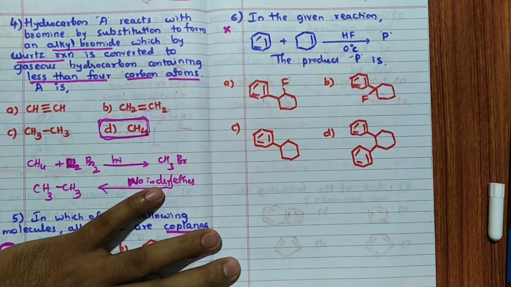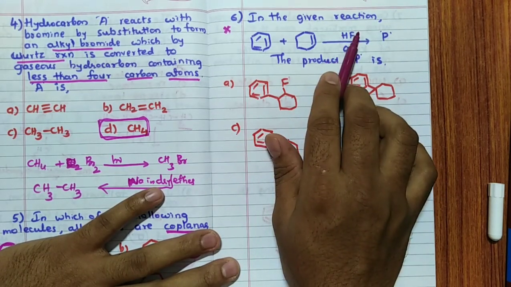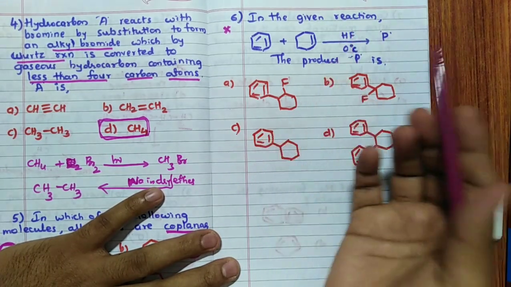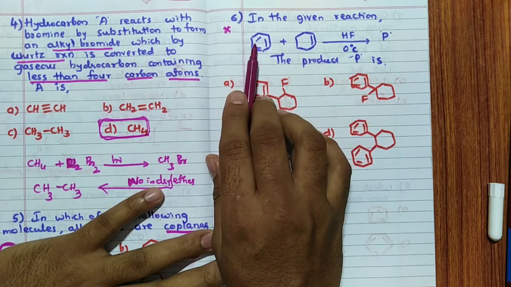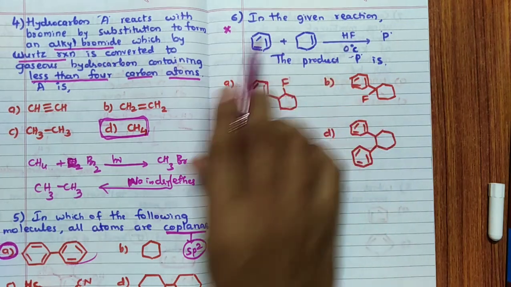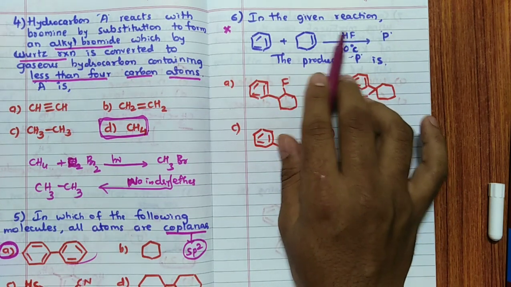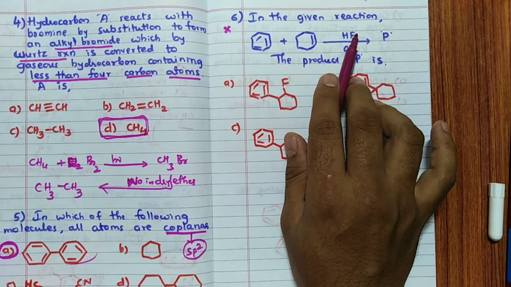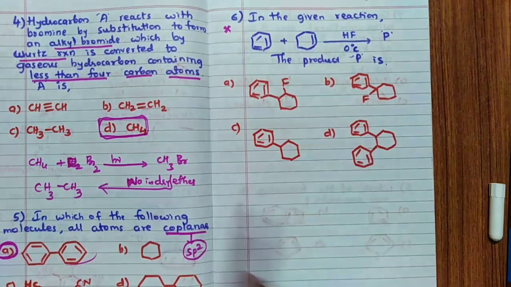Remember, in this particular case, H plus F minus. One way you can see F minus is a nucleophile. It will not attack the benzene ring directly, because benzene is also a nucleophilic center. Hence, this attack does not take place. Correct? So remember that. HF forms H plus F minus, because F is more electronegative. In this particular case, that one product is not possible.